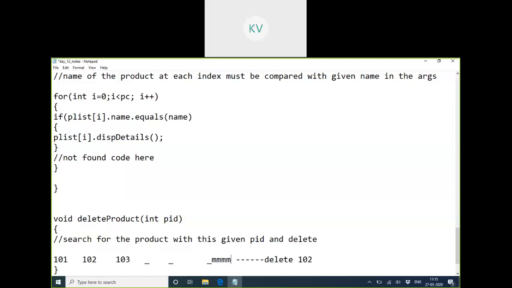N number of elements. So here we have at last 10, totally 10 elements. Okay, so out of the 10, if 102 is available, in which position? First position, first index. No, 102. 0 and 1, that is 1. This is 101, this is 102. Okay, 2. Sorry, yeah, index number 1 only.